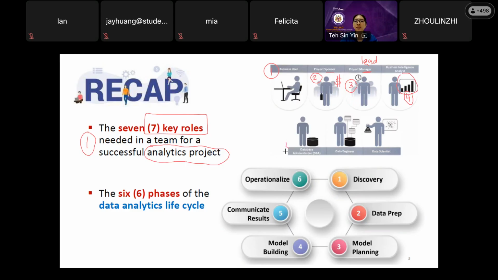And person number 5 is the database administrator. We also use the abbreviation DBA, database administrator. Let me make it a bit bigger. Oh, I cannot adjust. If I adjust, then all this will run. So you can zoom in on your WebEx at the center there.